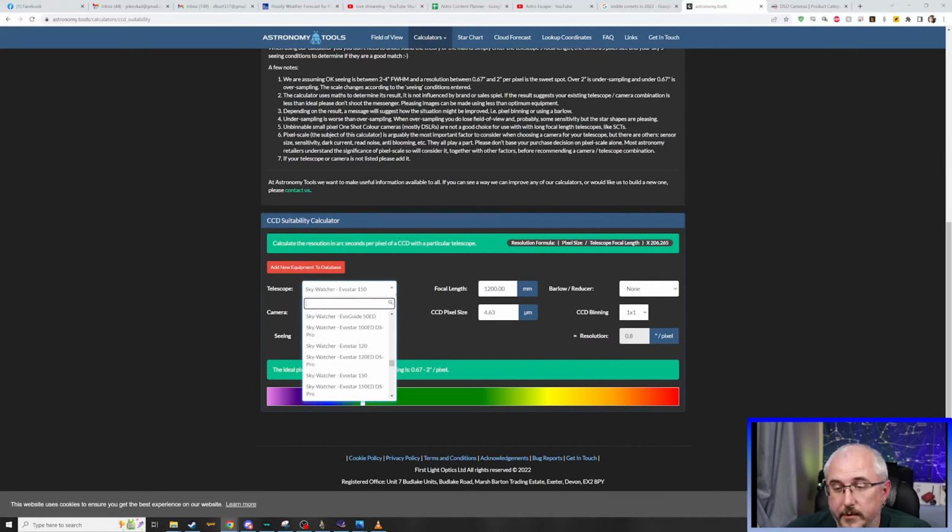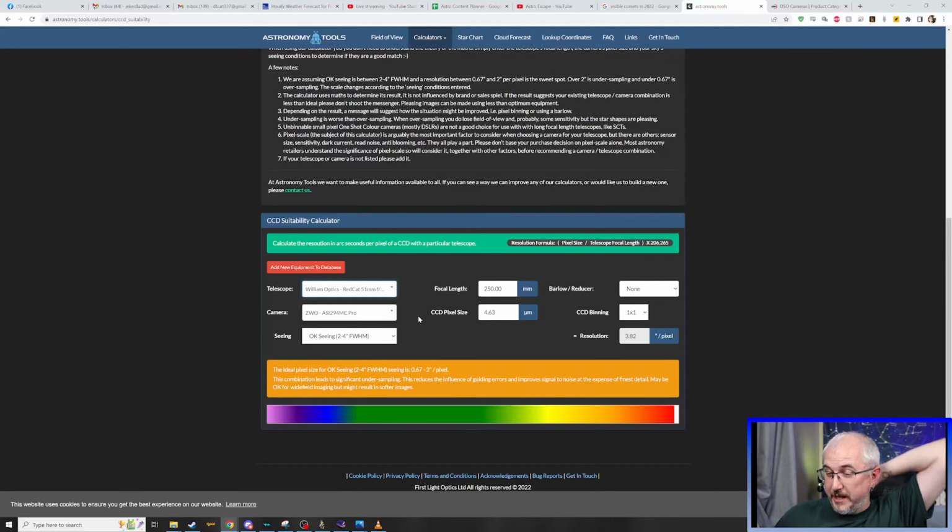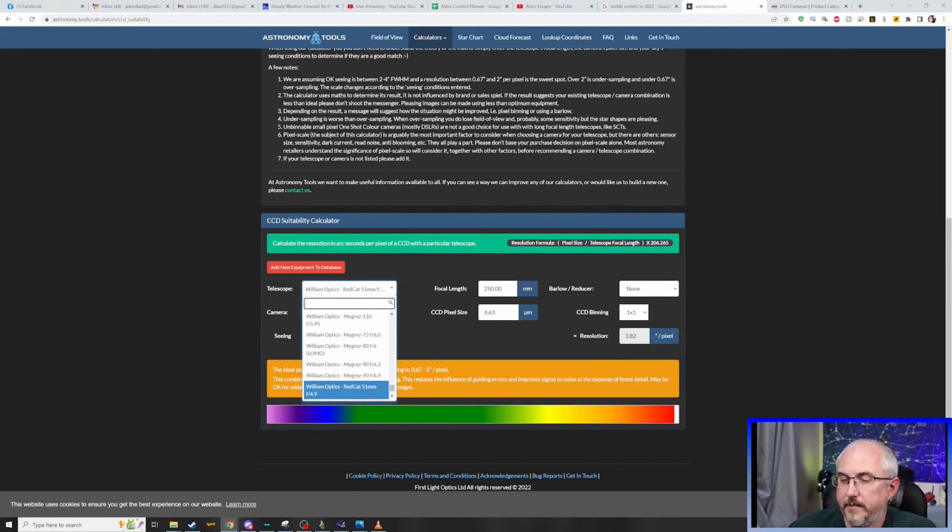294 would be good for your EvoStar. What about the Red Cat? I think I've done this on the Red Cat before, and it's not that great. Yeah. Really, really bad undersampling with the Red Cat. But it would be great for the EvoStar. So I guess that's a thought for me for upgrading the telescope, since I already have the camera. Let's go back to the